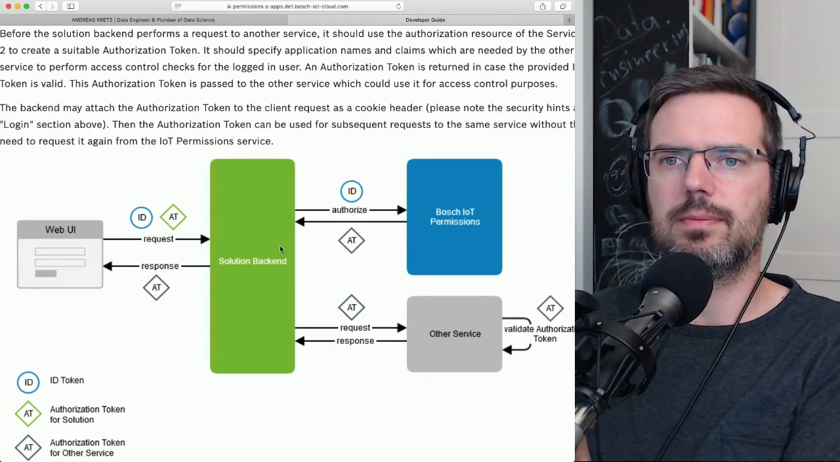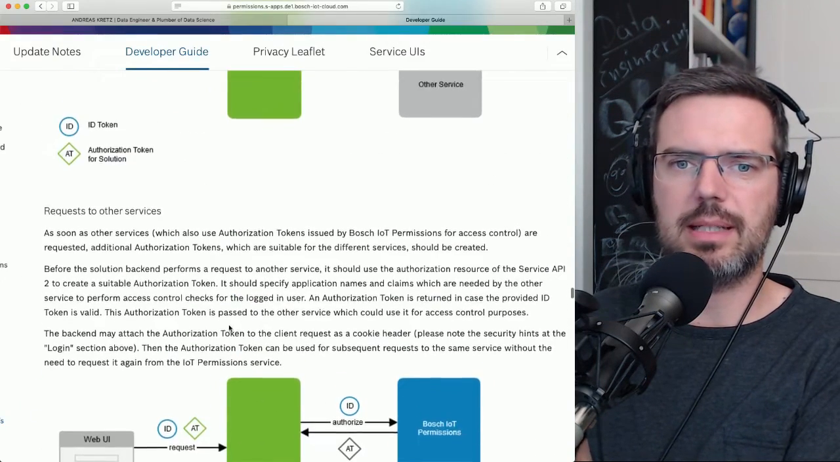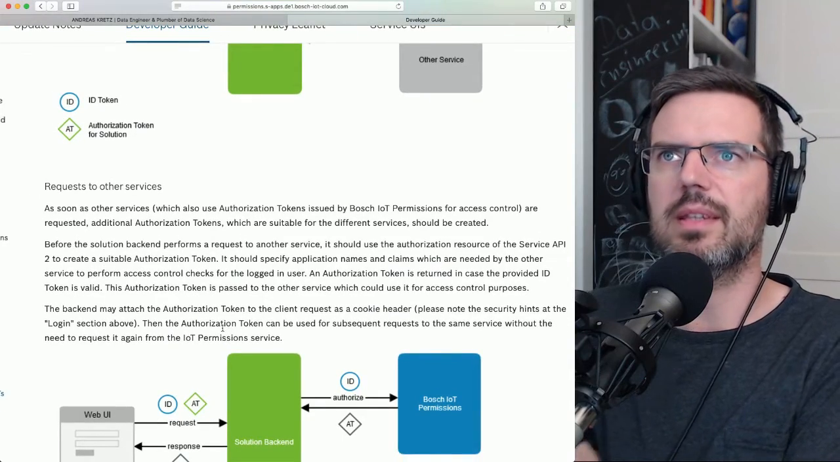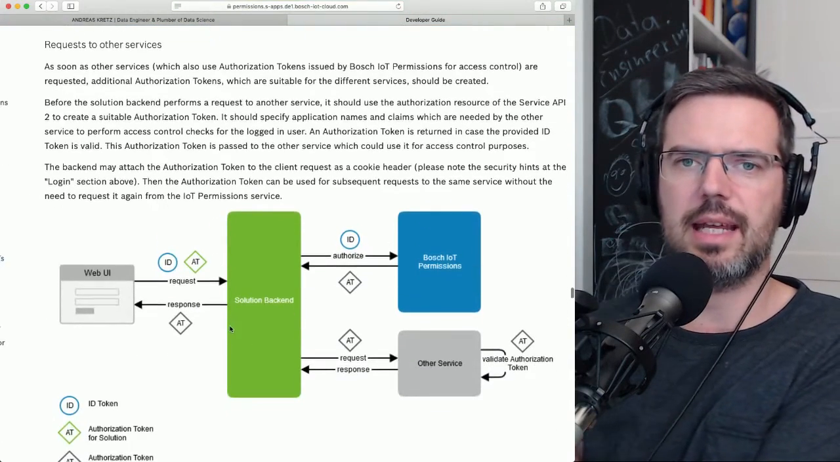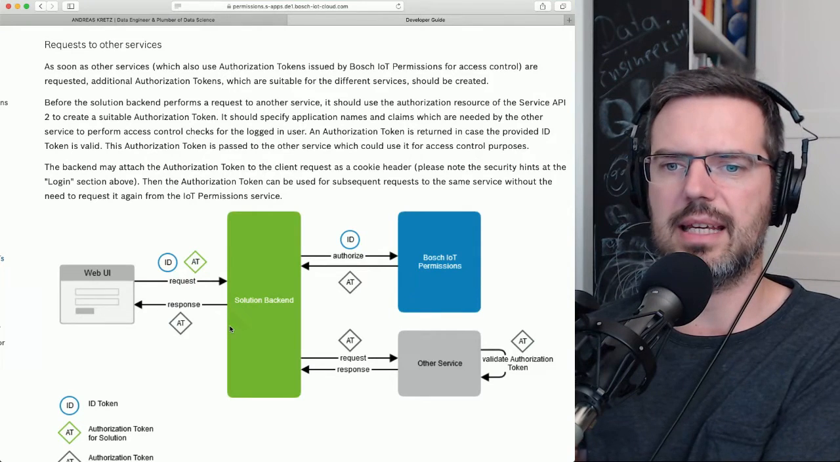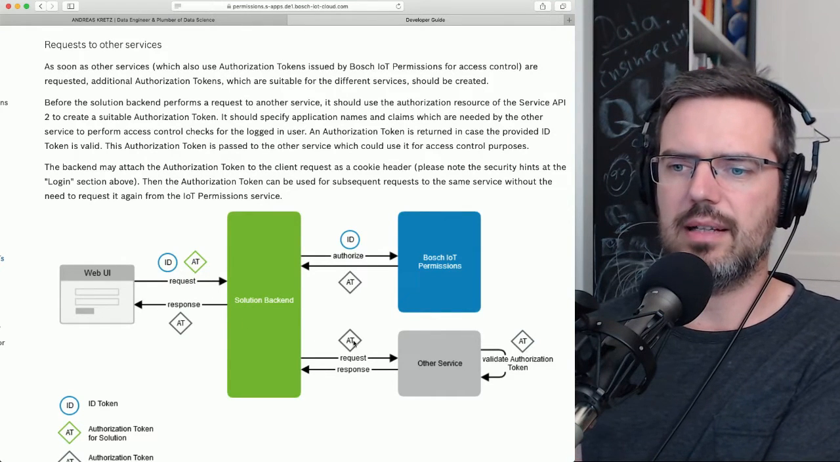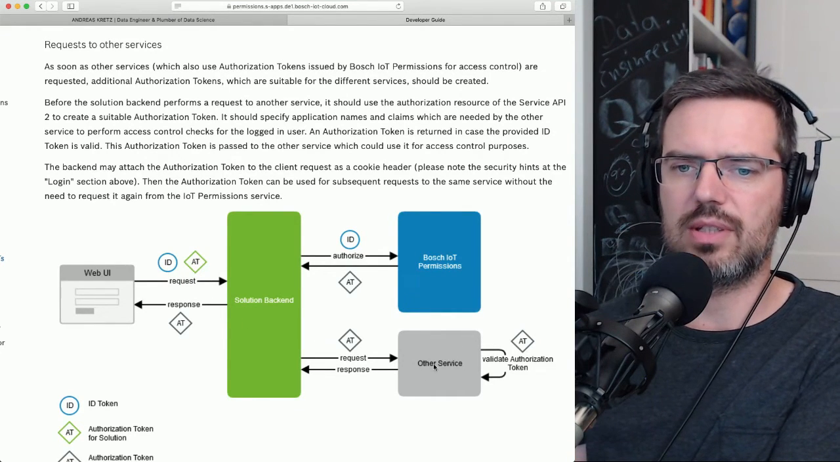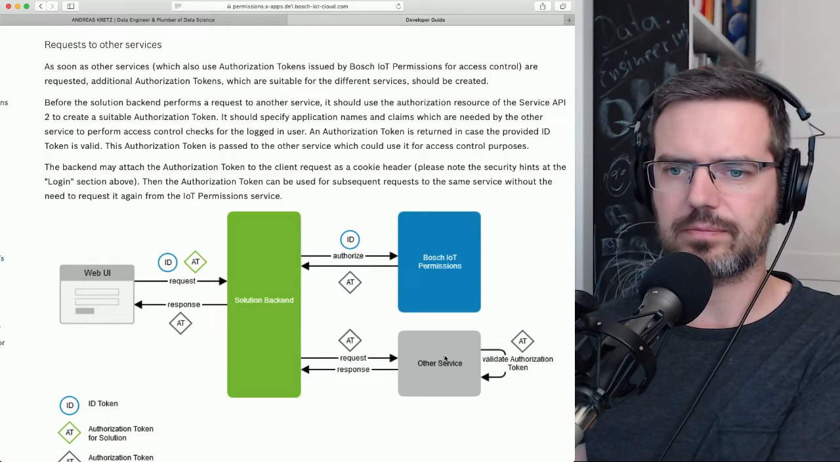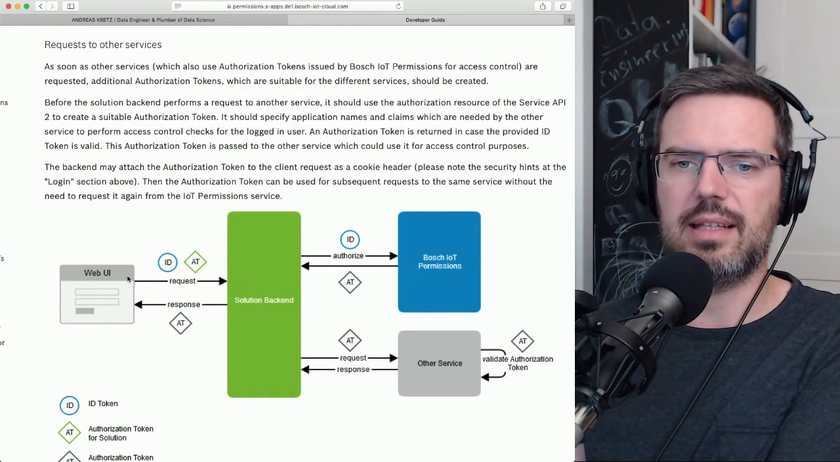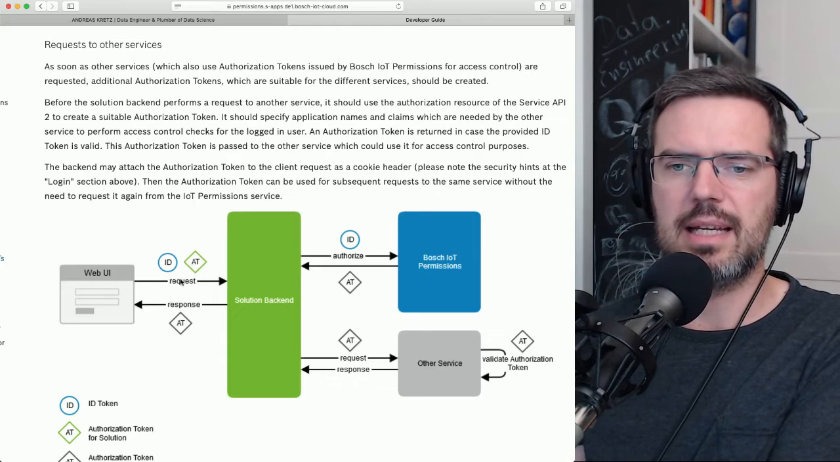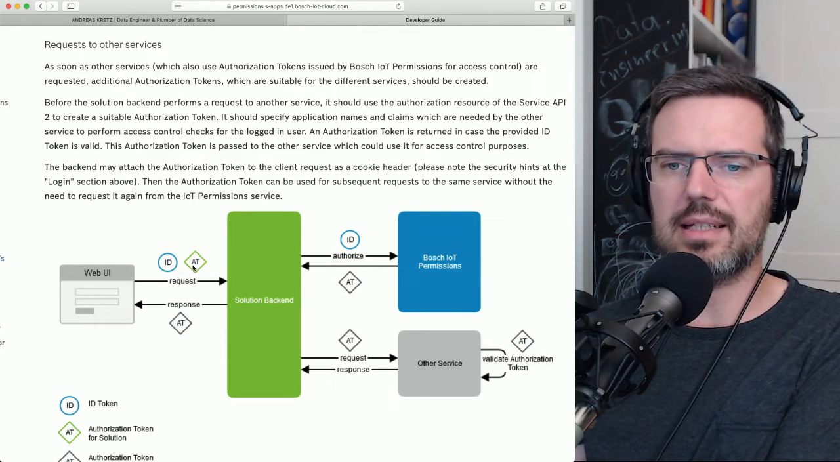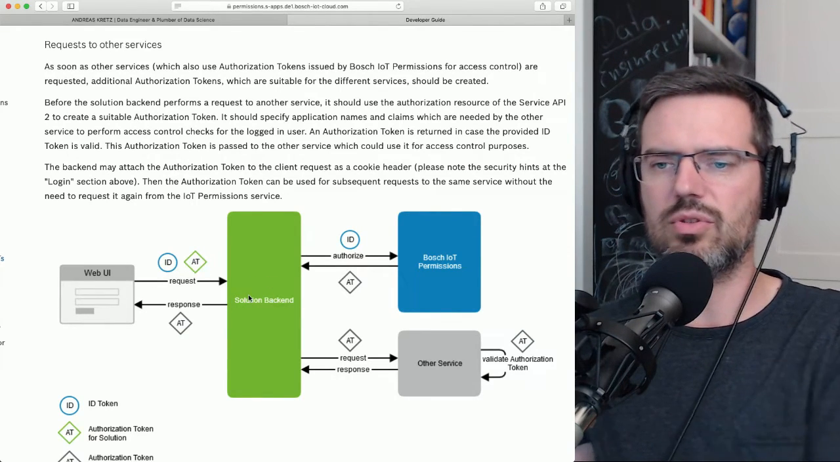Okay, here's the next thing. So let's say you have another service that you want to use. How this would work is now you have the ID and the access token for the solution backend,